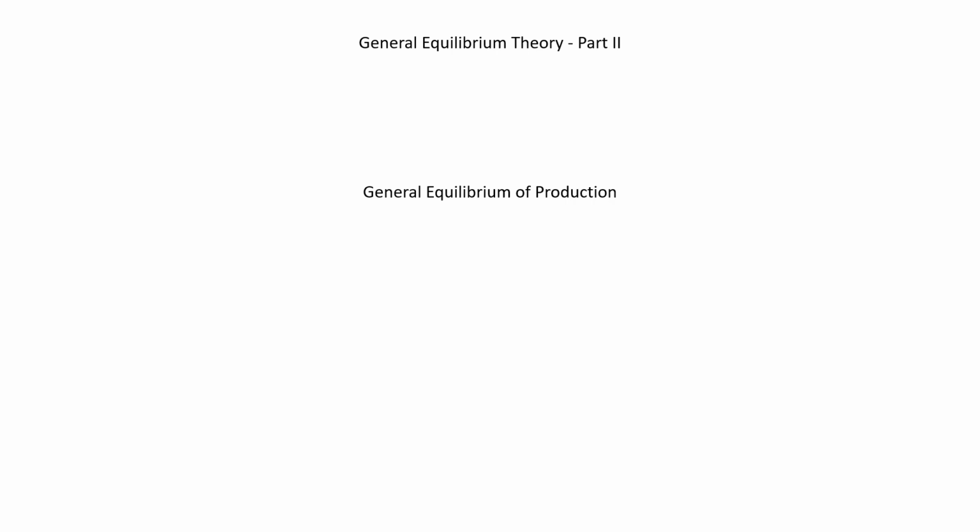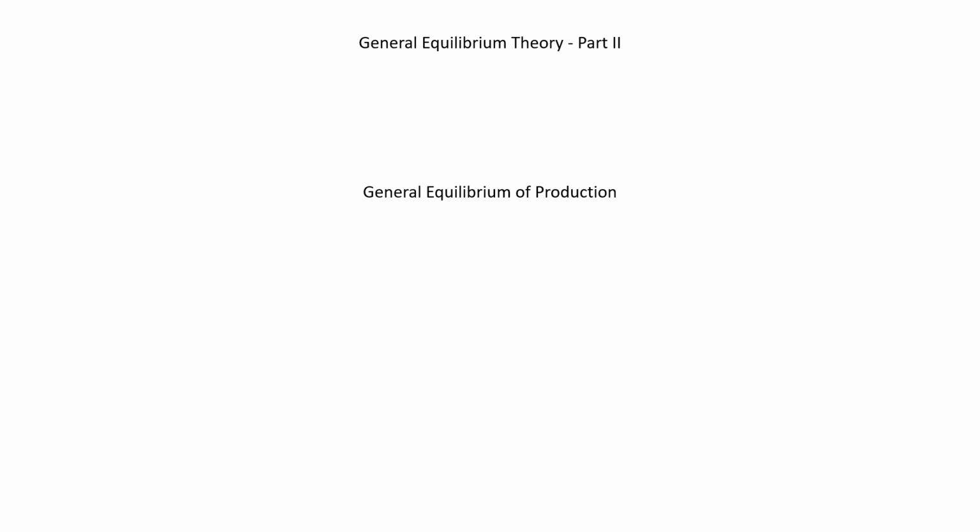Second part of our discussion regarding the general equilibrium theory. In the first part, we discussed the general equilibrium of exchange, wherein we were arriving at the equilibrium that will be achieved between two consumers consuming two different products, and how we allocate the two products among the two consumers. And the condition that we arrived at for the general equilibrium of exchange was that the marginal rate of substitution between the two goods should be equal for both consumer A and consumer B.